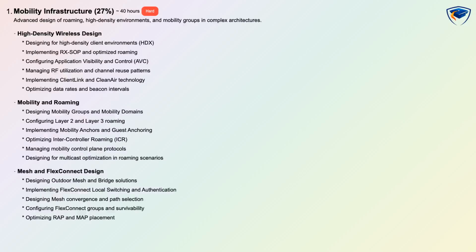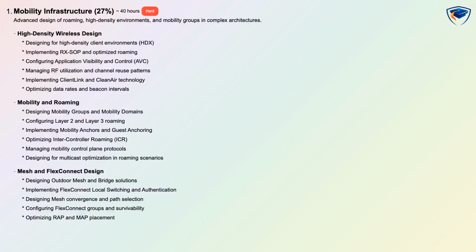Mobility infrastructure is weighted at 27%, is rated hard, and has an estimated learning time of 40 hours with conceptual and scenario-based assessments. You will learn advanced design of roaming, high-density client environments and mobility groups in complex architectures. Study high-density wireless design topics such as RX-SOP, optimized roaming, client link and clean air, and optimizing data rates and